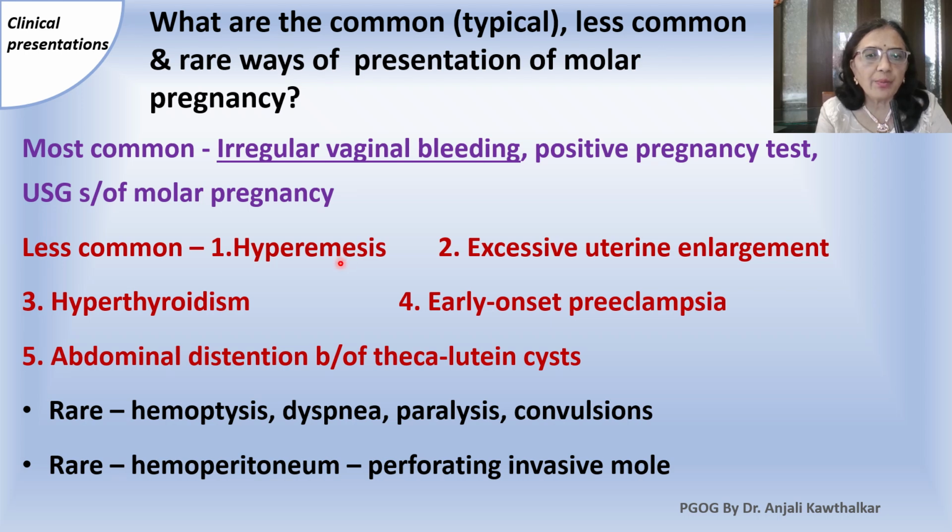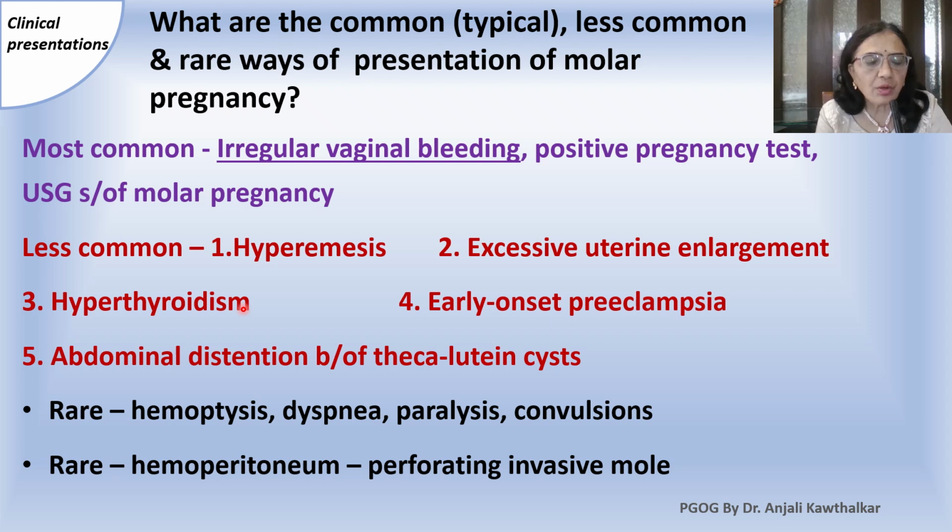Less common, hyperemesis can be the presentation. You get a case of hyperemesis and you start investigating and do ultrasonography, and the report shows that there is a possibility of molar pregnancy. Excessive uterine enlargement: you examine the patient, and say the gestational age is 8 weeks and you find that the uterus is 12 weeks or 16 weeks in size. Then you do ultrasonography, and even without the other symptoms like irregular vaginal bleeding, you can sometimes diagnose it in this way,